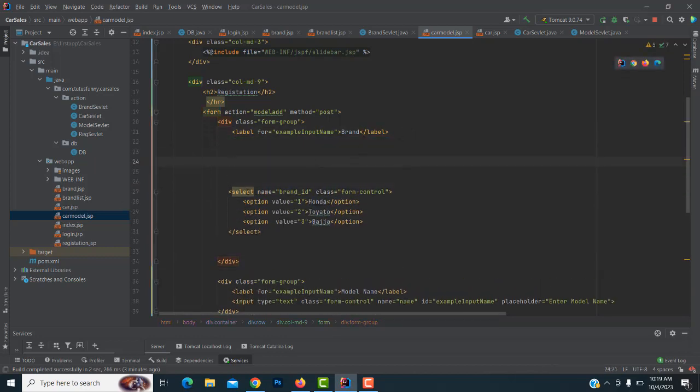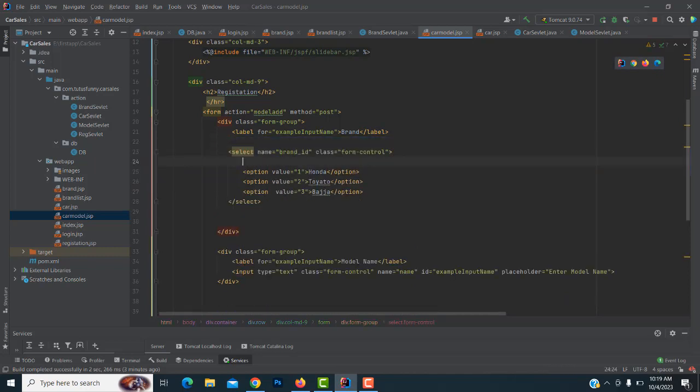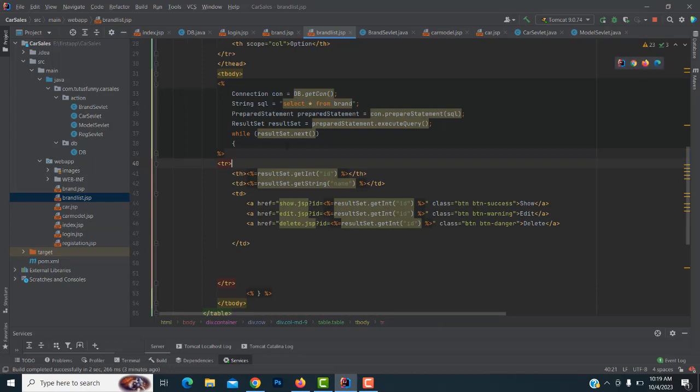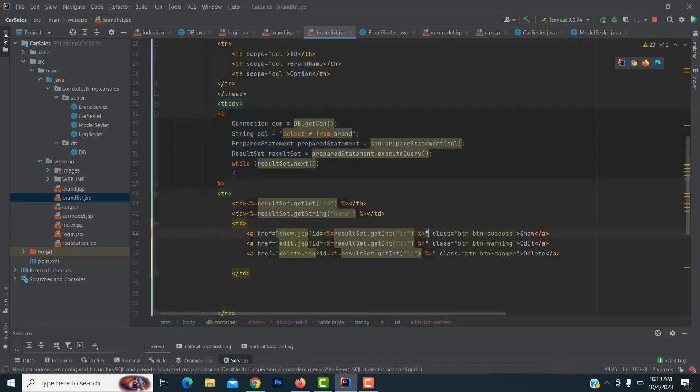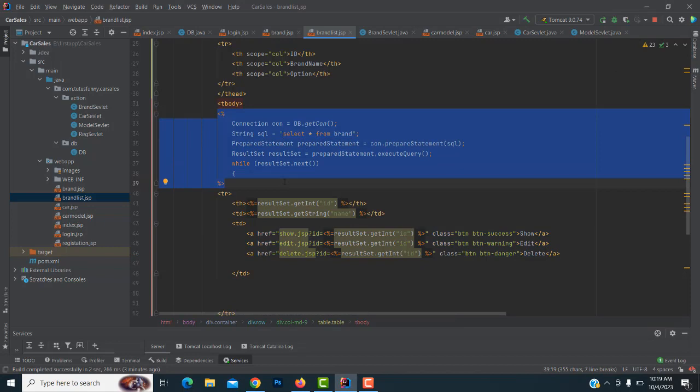Here the brand. Let's pass it inside the select statement. The same as what we have done for the brand, the same query, you just copy it. Here we retrieve the data from the database and pass it to the relevant columns, the respective drop downs. That's the only thing we have to change. In car model, we are retrieving the data from the database and passing it to the relevant drop downs. So what you're going to do is just copy this line of code snippet,